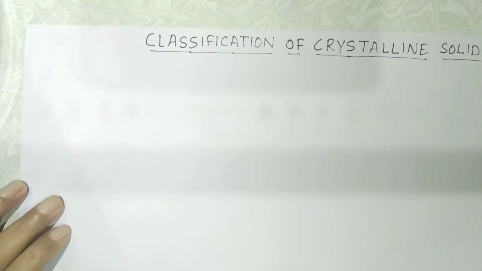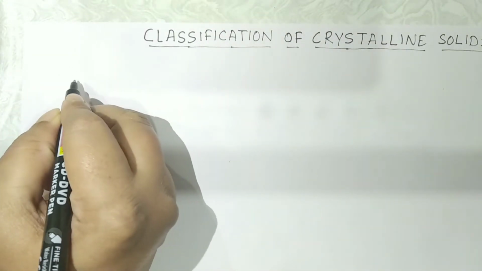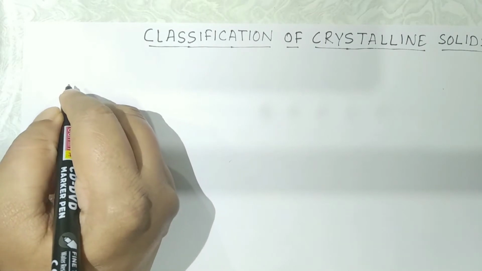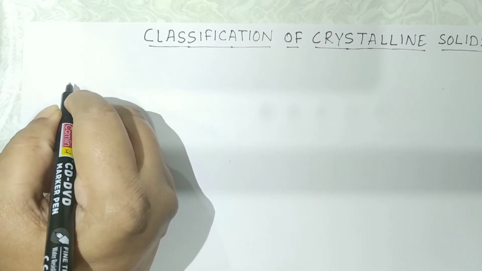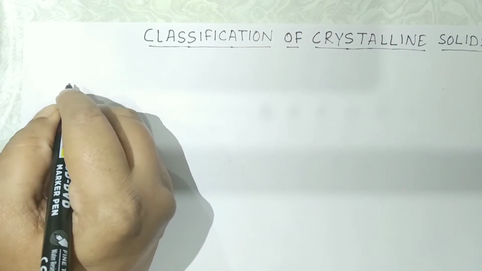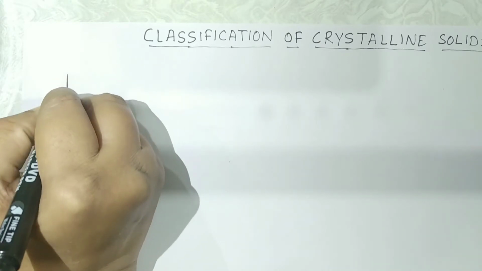But before going into the detailed study of those types of solids, let us take a glance at a few points that you must know in order to understand the characteristic properties and the types of crystalline solids we are going to study. So what are the main points? What you must know is, if I want to show a crystalline solid, it exhibits a basic constituent repeating unit, and that is called the unit cell. So let us see the structure of the unit cell.